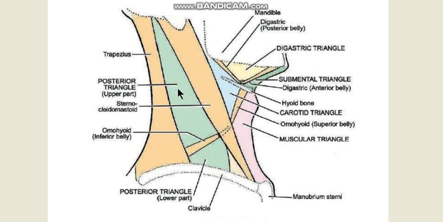Now the floor is covered by the prevertebral layer of the deep cervical fascia, beneath which you will get a series of muscles from above downwards. From above downwards they are formed by the semispinalis capitis, splenius capitis, levator scapulae, scalenus posterior, scalenus medius, and as we have said, all this is covered by the prevertebral layer of the deep cervical fascia.